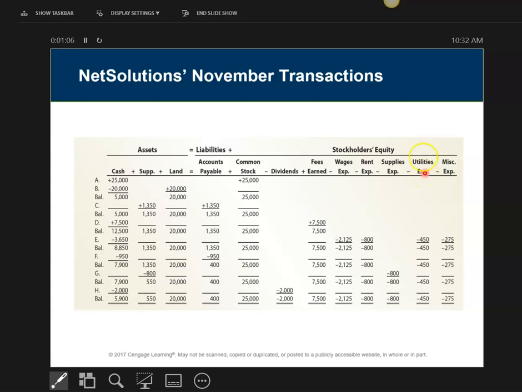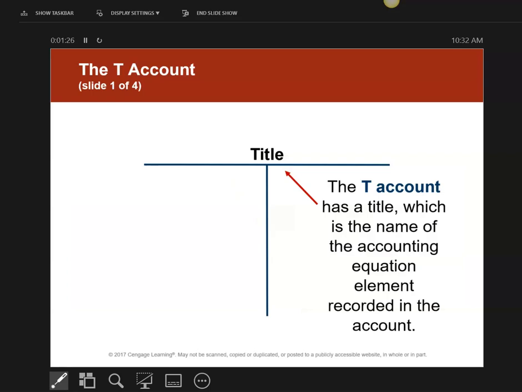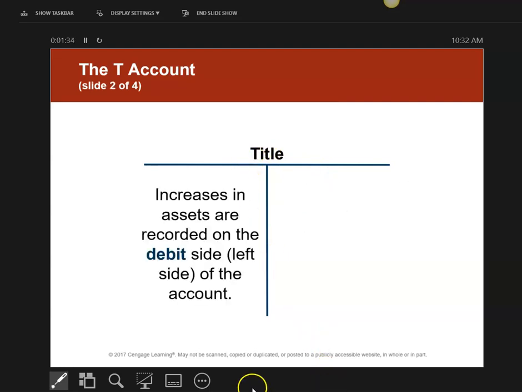Well, when we start in chapter 2, we're going to have an individual account for each one of these. And what we're going to do is keep track of all the cash activity. So we'll have one account for cash, we'll have one for each of these. If we look at this, these are called T accounts, and they look like this because they are T's basically. You put the name up here, so the word cash would go up here. And no matter what,